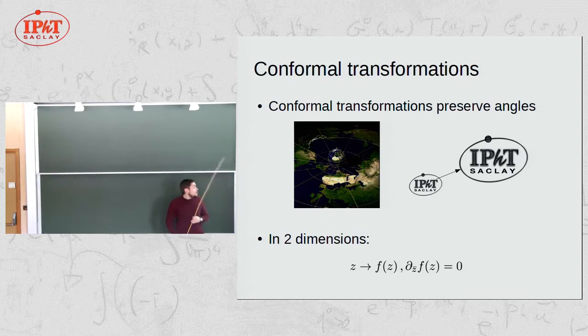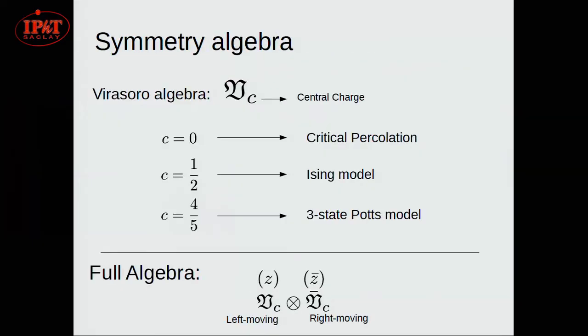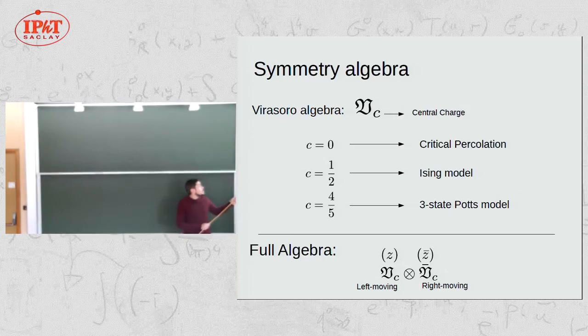And in particular, in 2 dimensions, any transformation of the form z going to f of z, with f a holomorphic function, will define a local conformal transformation. The symmetry algebra that encodes these transformations is the infinite dimensional Virasoro algebra, which is characterized by a parameter called the central charge, c. And the value of c will determine many of the properties of the theory we're studying,